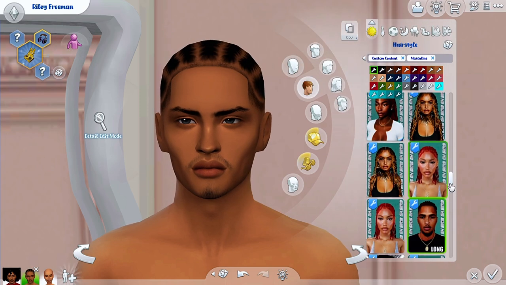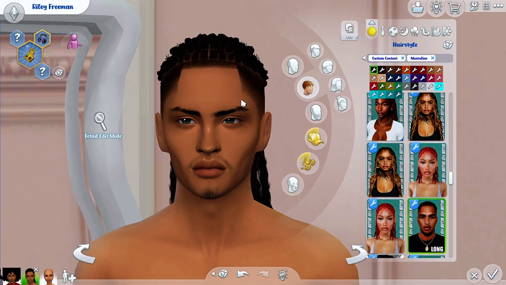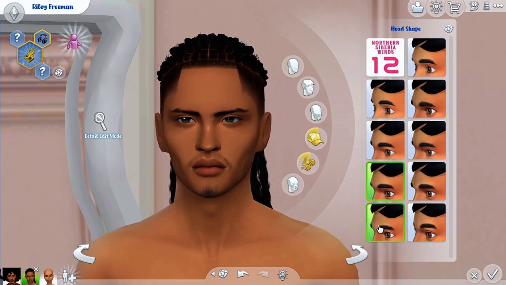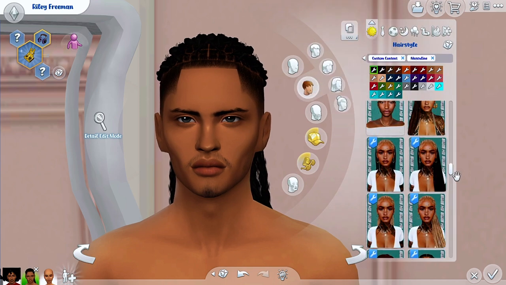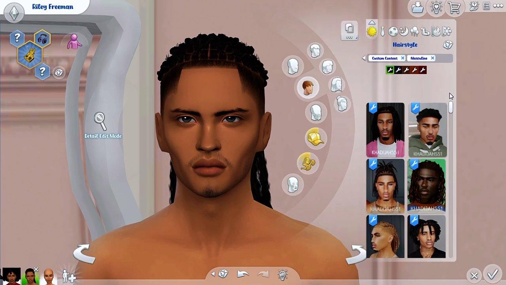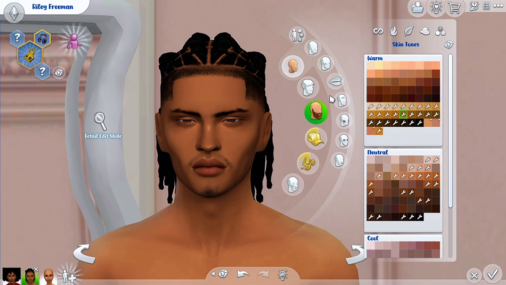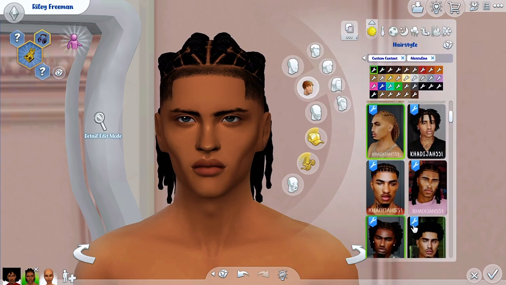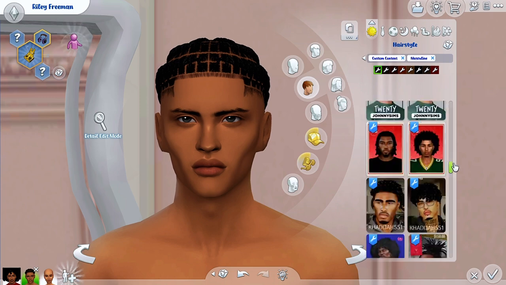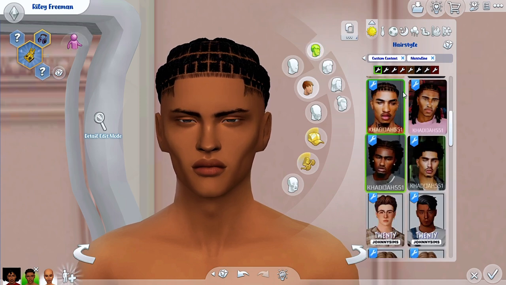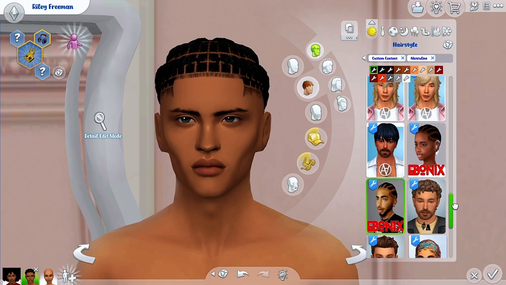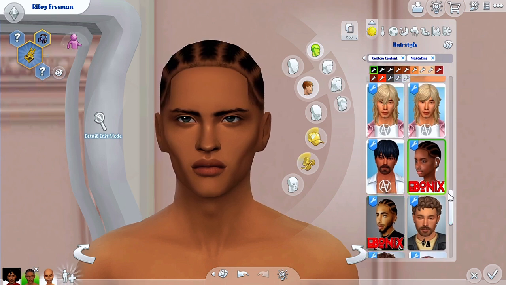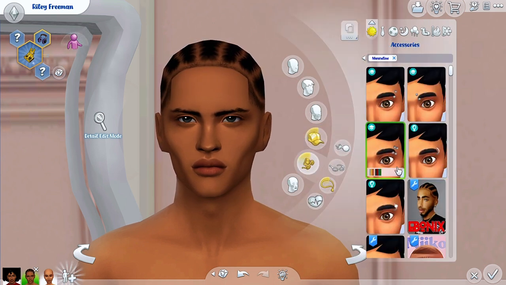I was trying to look for proper cornrows, but what I do not necessarily like about the Sims hairstyles, especially the male ones, even if it's a mod or not, is that the trims are either too close to each other or too far from each other. And maybe it's the foreheads that I use, or maybe it's just the hairstyles that I have, but I do not enjoy how the trims look because it does not necessarily give off a fresh haircut,